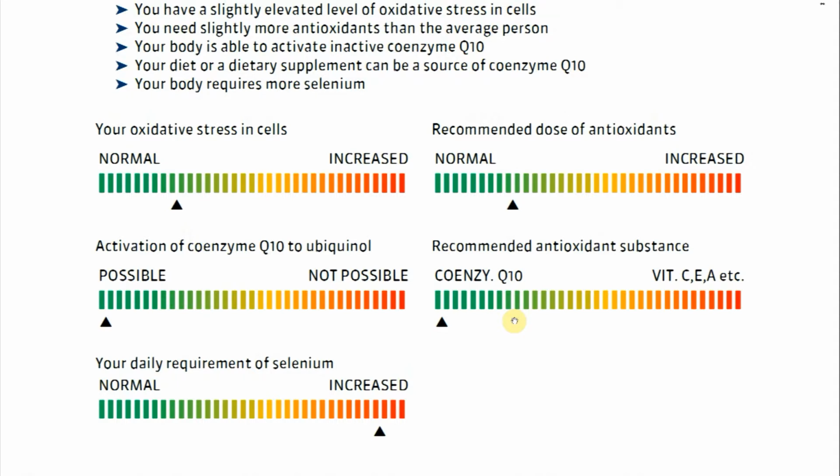So generally, your oxidative stress, how well you are protected from these age-promoting free radicals. Normal means good protection, your genes are working, they're protecting you. Increased means your genes, at least some, if not all of the genes, are disabled through some of the genetic variations, and you don't have the protection that other people would have from these free radicals. Then the recommended dose of antioxidants. I said these free radicals do their damage until an antioxidant, a radical inhibitor, comes along